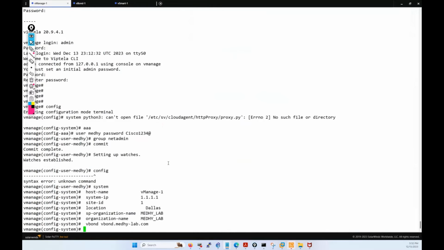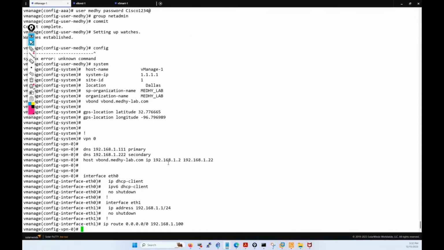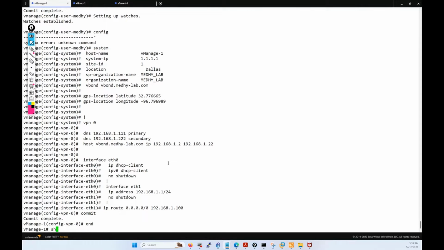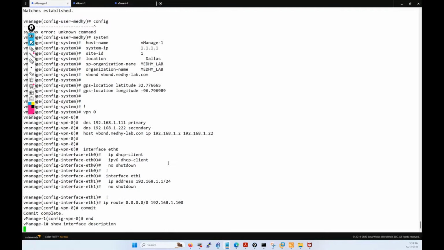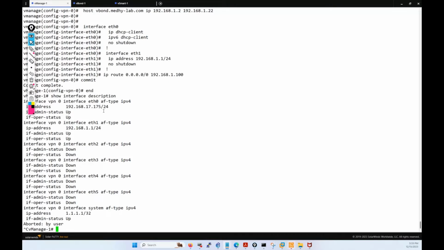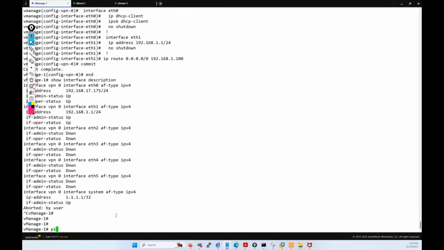Okay, so I will go back and copy the configs of my vManage, and I will apply, and I will commit, and show interface description. So this interface, like I said, is facing the GNS3 NAT cloud, so it's been provided this DHCP IPv4 address. I'm gonna use this IP, but before doing that, let's check connectivity with vBond and